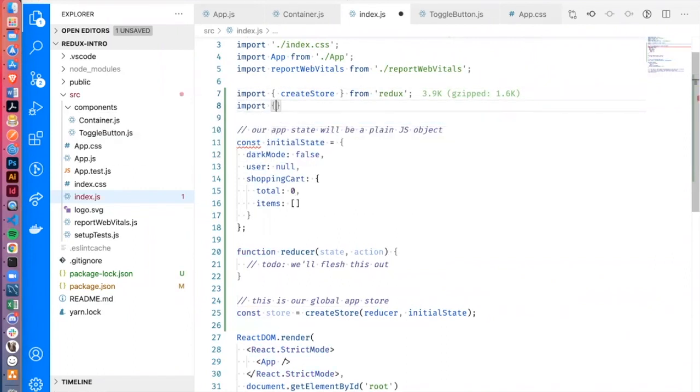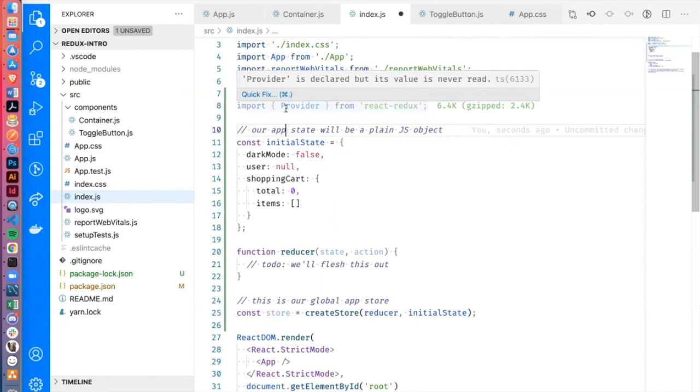Okay. Now the question is, how do I give my application access to the store? So we have this store, but it's not yet connected to our component tree. And that's where that other library that we installed called React Redux comes into play. So I'm going to need to import something from there. Import Provider from